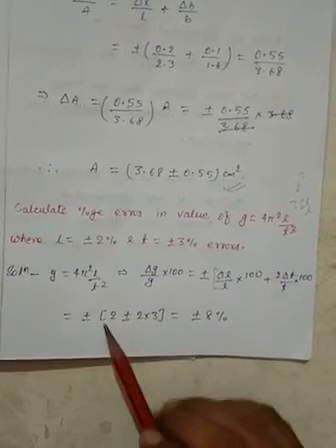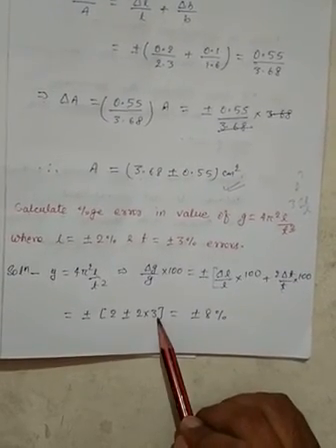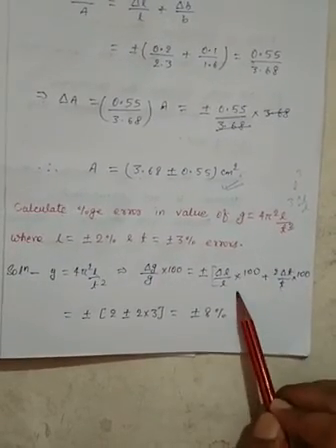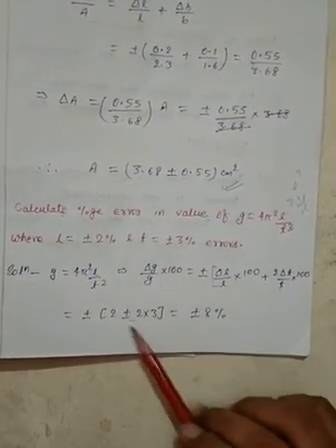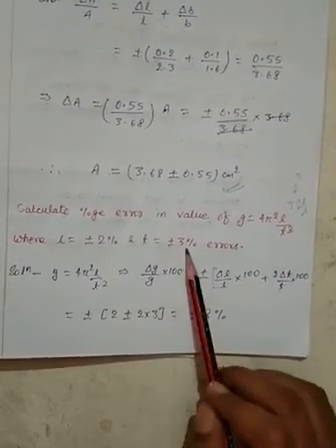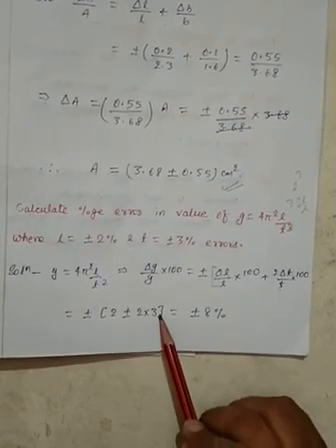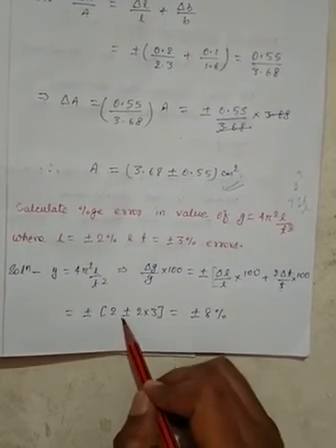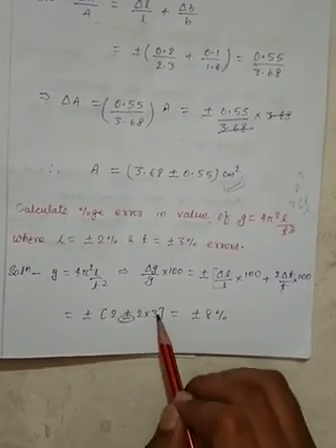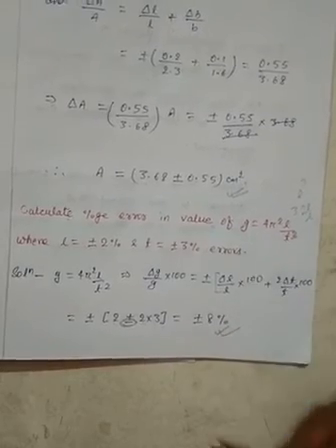So, on solving it, we are getting plus minus 2 into 3. Okay. So, delta G by G into 100, we are getting as delta L by L into 100. Already delta L by L is given as 2%. Okay. So, plus minus 2 times delta T by T into 100, and it is nothing but 3%. So, 2 plus 2 into 3. So, 2 into 3 is 6, and here we do not need the negative sign, simply we do not need it. Why? Because errors are always added. So, 6 plus 2, 8. So, the calculation contains plus minus 8% of the error.